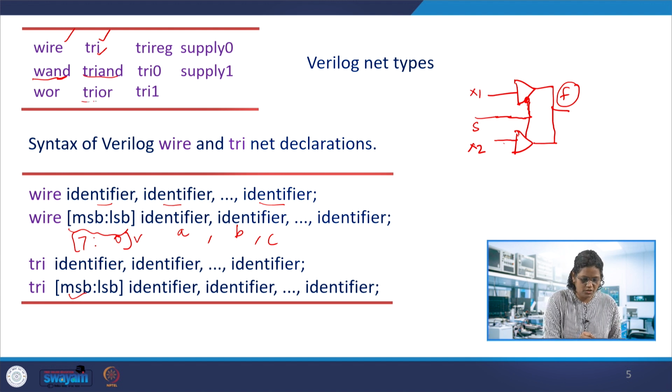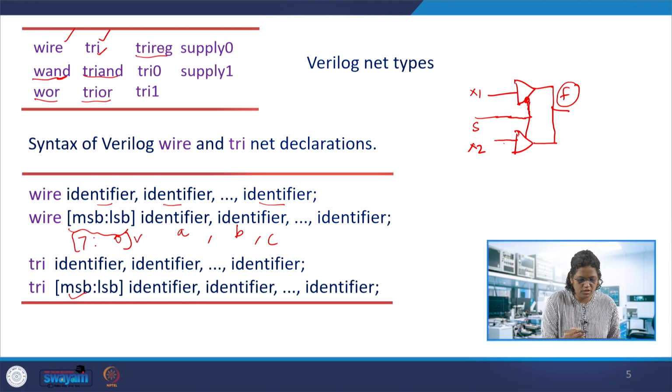Similarly, tri OR forms the OR configuration of the multiple driver configurations, and this is simply the OR configuration between the wires. If you say some signal is WOR, that's a wire OR configuration with the multiple signals which we declared as wires. So the wire can be specified in the program. We'll take up examples on these cases.